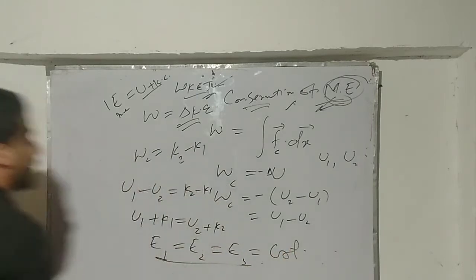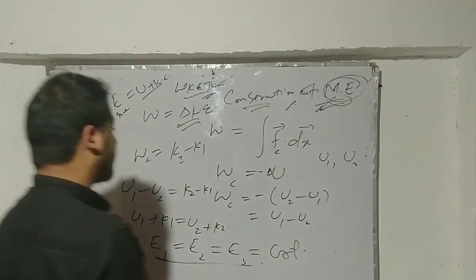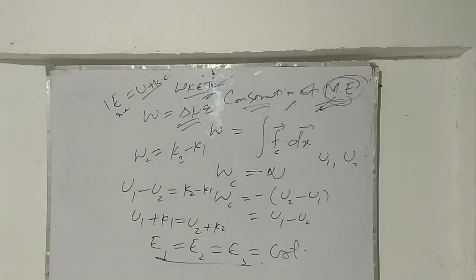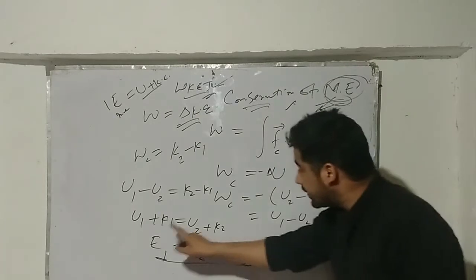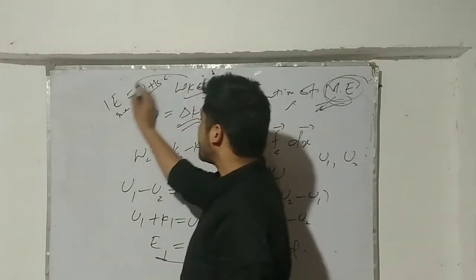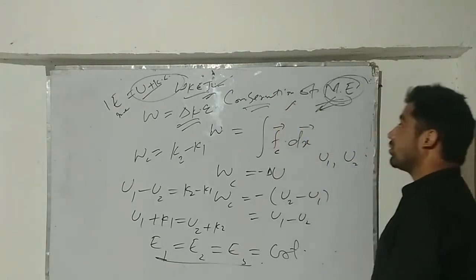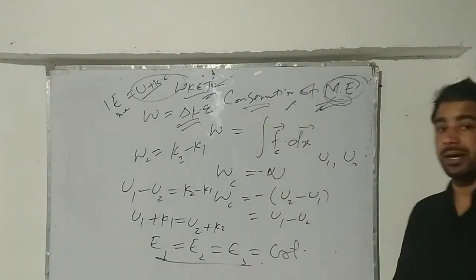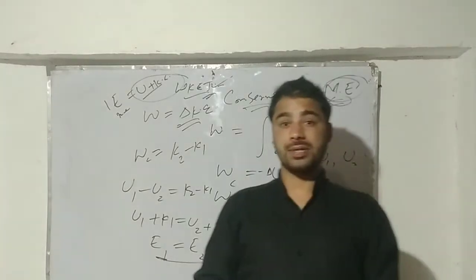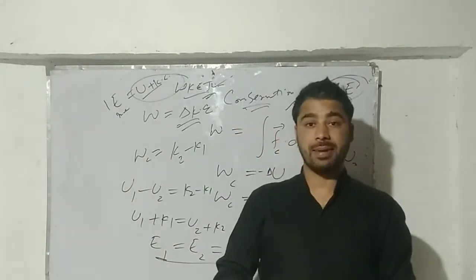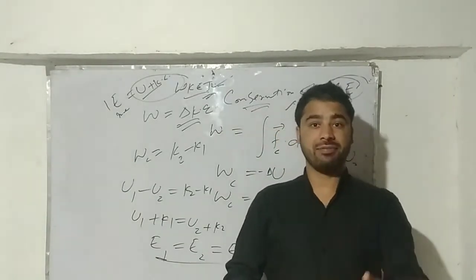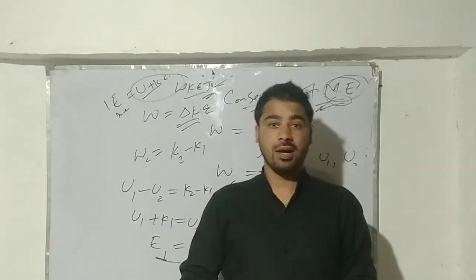So if I state it here, if my system is acted upon by forces which are conservative in nature, then under this situation my total mechanical energy for a given system is constant, okay? This is what we call the conservation of mechanical energy. This is basically the reason why we call conservative forces as such, because they conserve the total mechanical energy of a given particle.